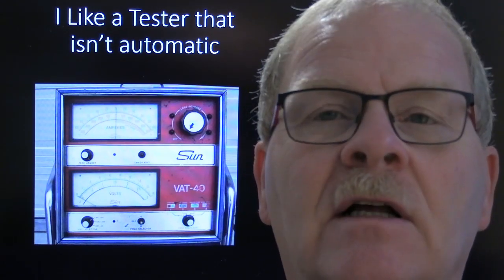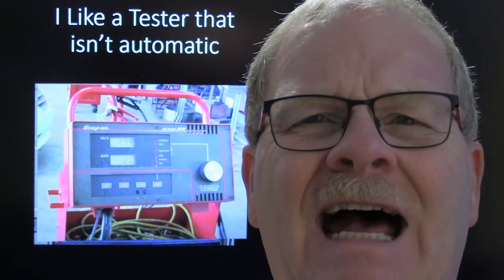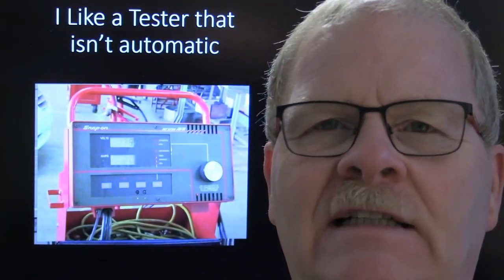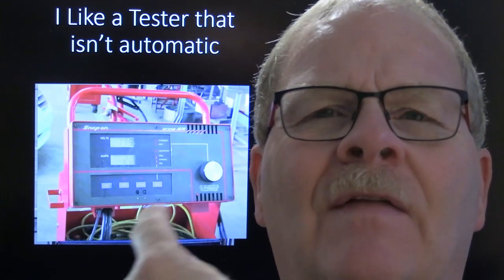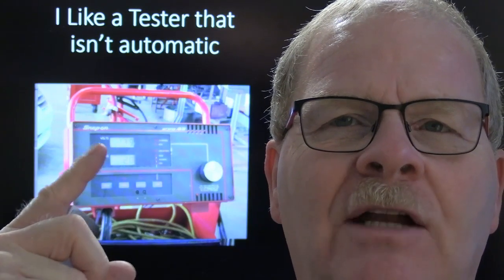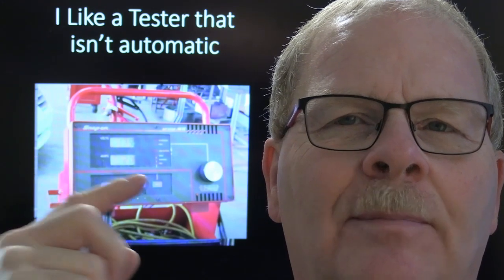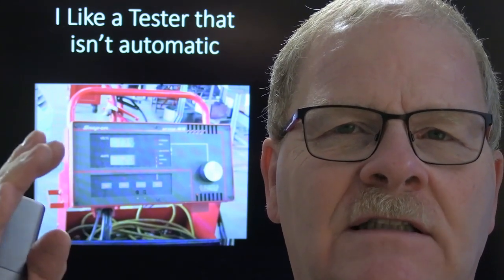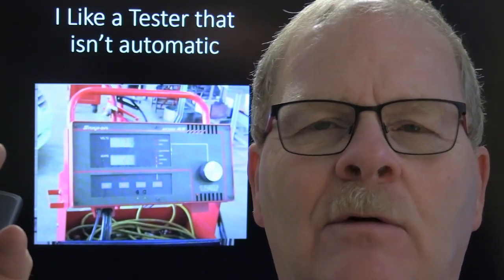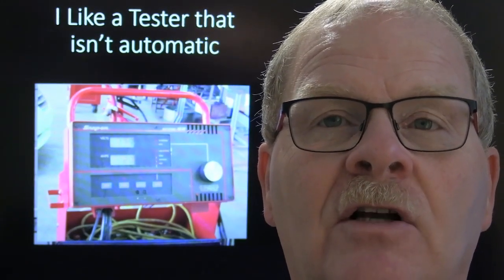These newer testers, this was one I bought after the VAT-40 died. The VAT-40s, as good as they were, would die over a period of time, and then you couldn't get them fixed anywhere. So this was the Snap-on unit that I bought at the college, and it had a manual carbon pile knob and some LEDs that would tell you if the stator was bad and all that kind of thing. The problem is I couldn't always trust the stator light. When the VAT-40 died at the dealership I was working at, we needed another unit, and we bought a $1,700 unit from the